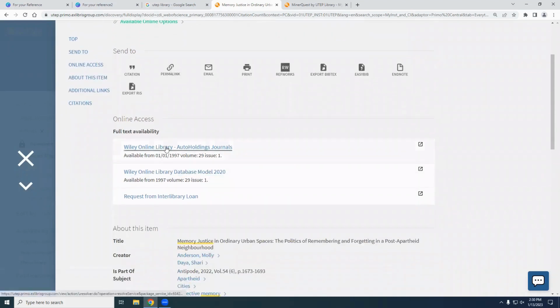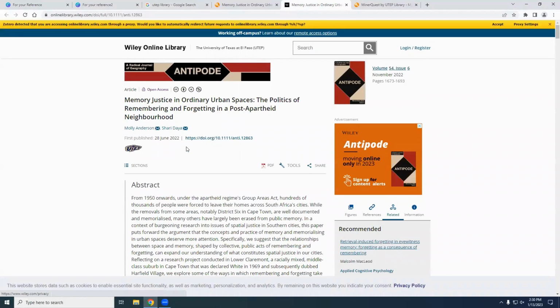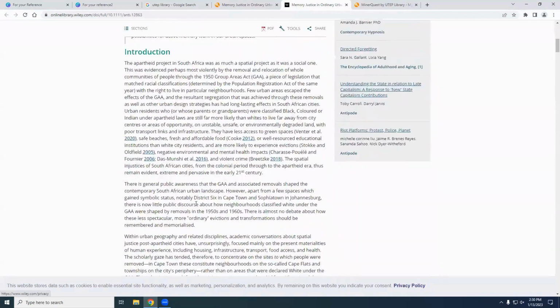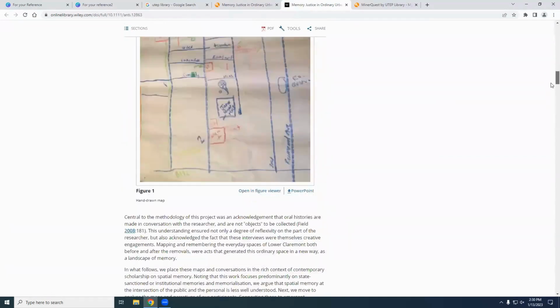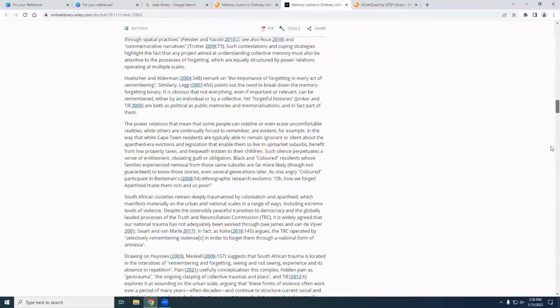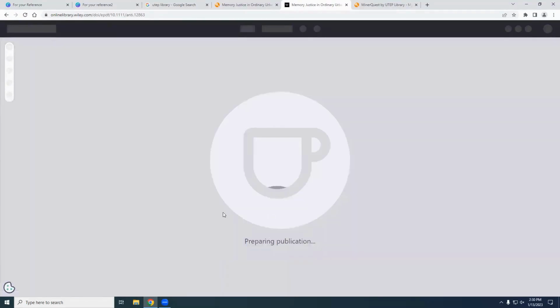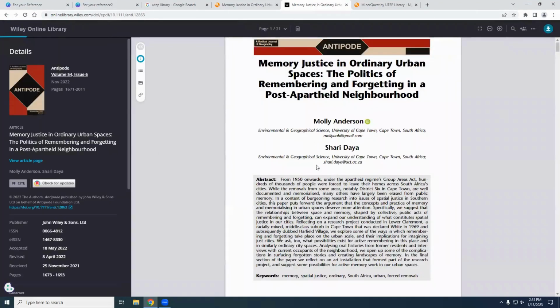Down here, as I scroll down a little bit, you'll see this is where we can access it online. We have this through a couple different databases. It looks like they're both Wiley, but I'm not going to go through every single different database we have access to because, like I said, we have more than 500 of them, but a lot of them work in a similar way. So this links out to this Wiley Online Library. Here we can see an abstract, the introduction. It looks like it takes you straight to full text. But anyway, so here you can even click on PDF, and it looks like you should be able to view the full PDF from here.